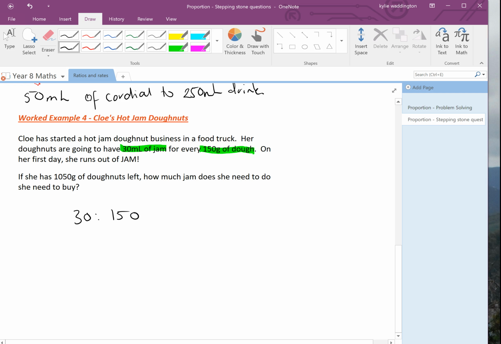Now, we could simplify it, but we really don't need to. We're going to add that into 1,050 grams of donut that's left over. So she's run out of donuts. She needs to go to the store to get some more. She needs to know how much to get. So the same thing as before. We take our